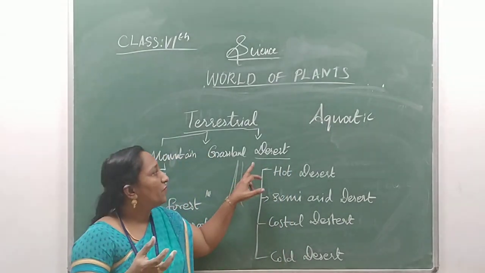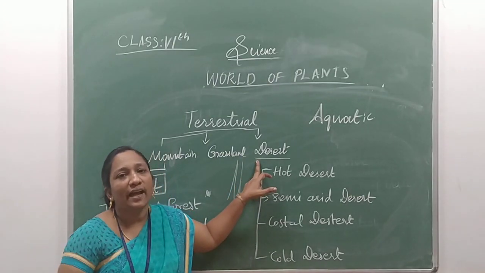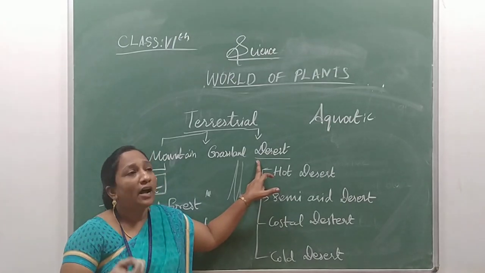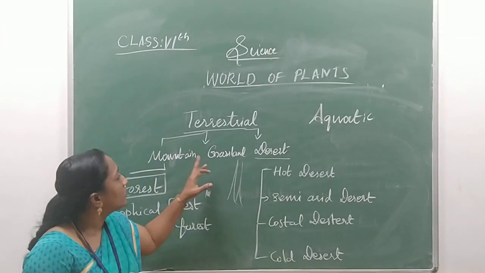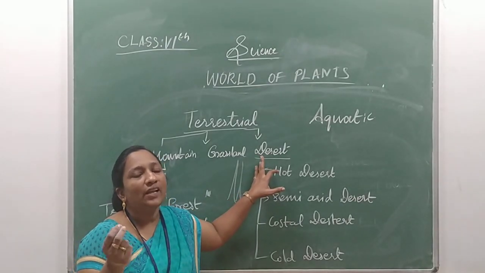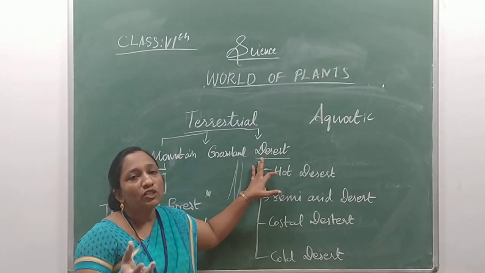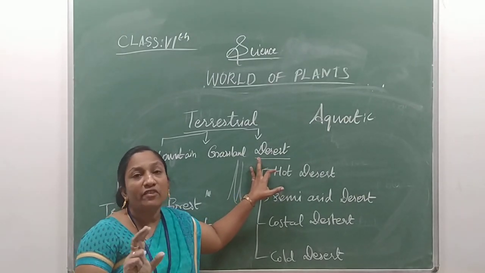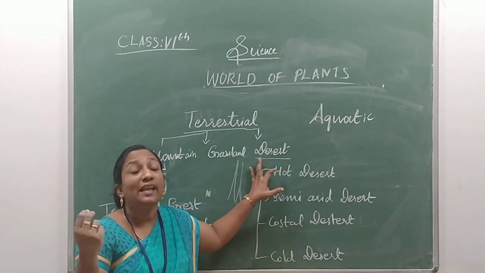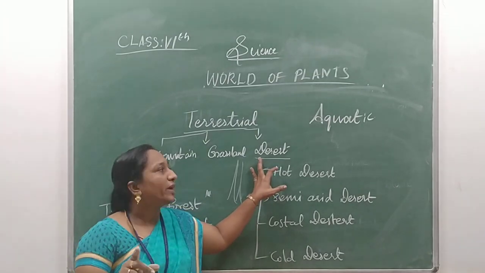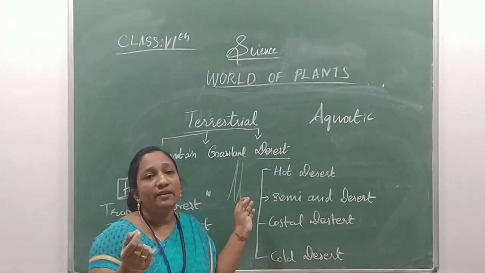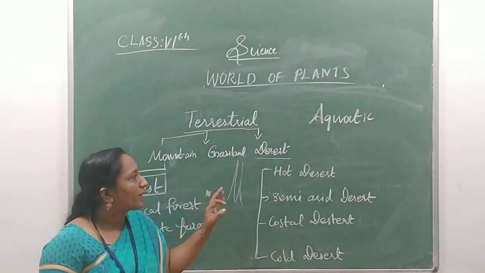A very dry place, very dry land, which has loose soil and less water content. How are these lands formed? Because of the rainfall only. These deserts get very less rainfall. That's why the deserts are so hot, and you can find very few species and less variety of plants in the desert area. Maybe cactus and modified plant varieties you can find in the desert.